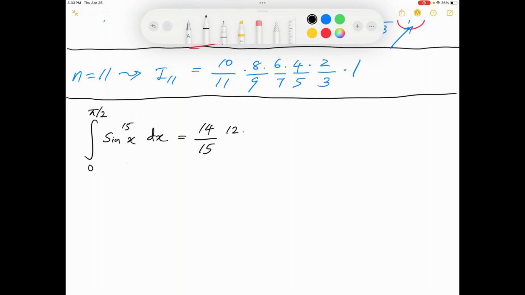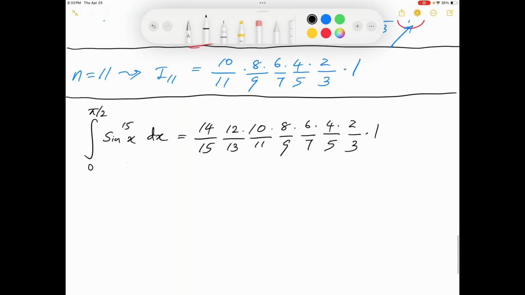I will write down the numerator terms first. 14 minus 2 is a 12, 12 minus 2 is a 10, 10 minus 2 is 8, 8 minus 2 is 6, 6 minus 2 is 4, 4 minus 2 is equal to 2. I will write the denominator terms next. 15 minus 2 is a 13, 13 minus 2 is 11, 11 minus 2 is 9, 9 minus 2 is 7, 7 minus 2 is 5, 5 minus 2 is 3, and all of that times 1. If you simplify this answer, you will see that this is equal to